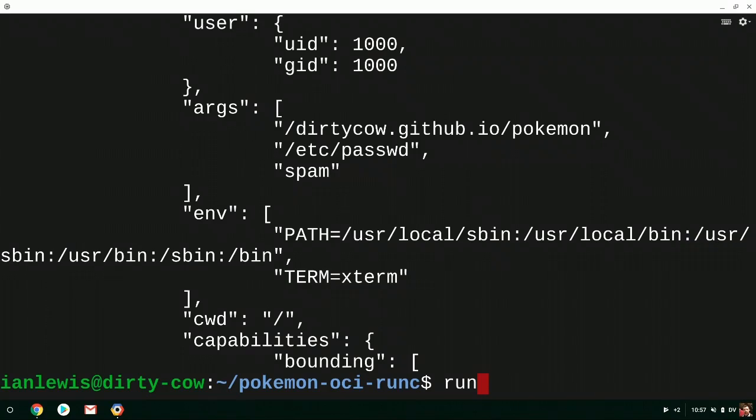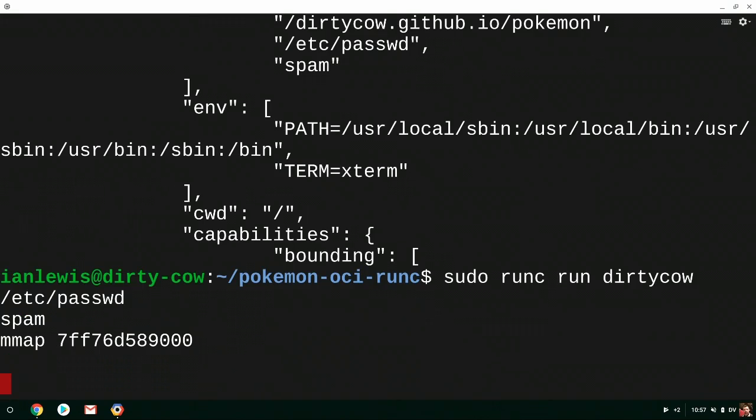So when we run it inside a normal container, we're going to do sudo runc run. We've got to give it a name, so we'll just say Dirty Cow. When we run this application, it's taking advantage of a race condition in the Linux kernel.